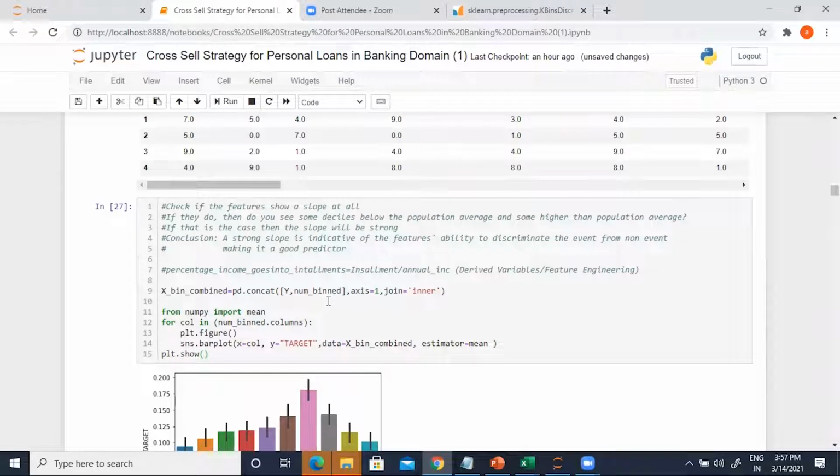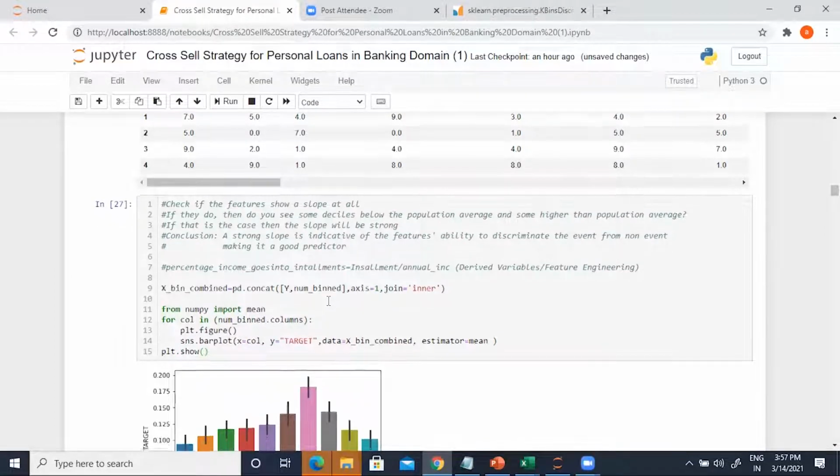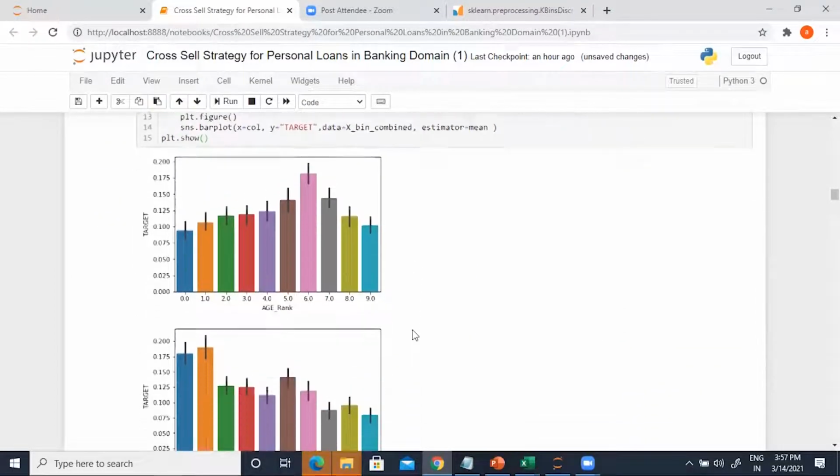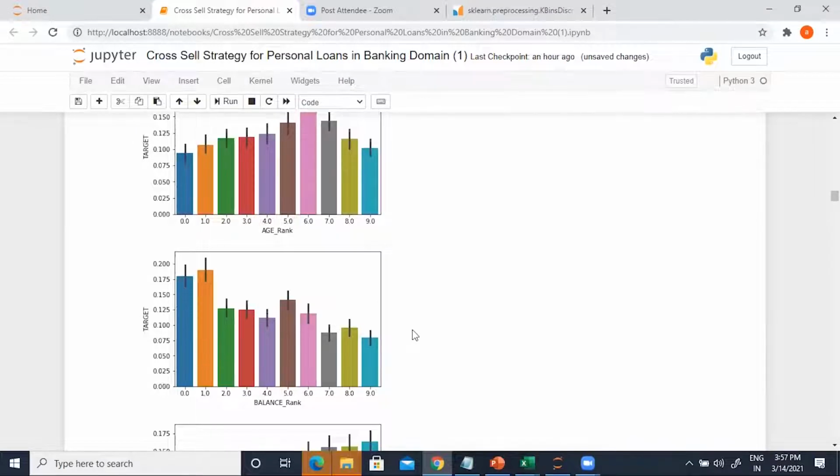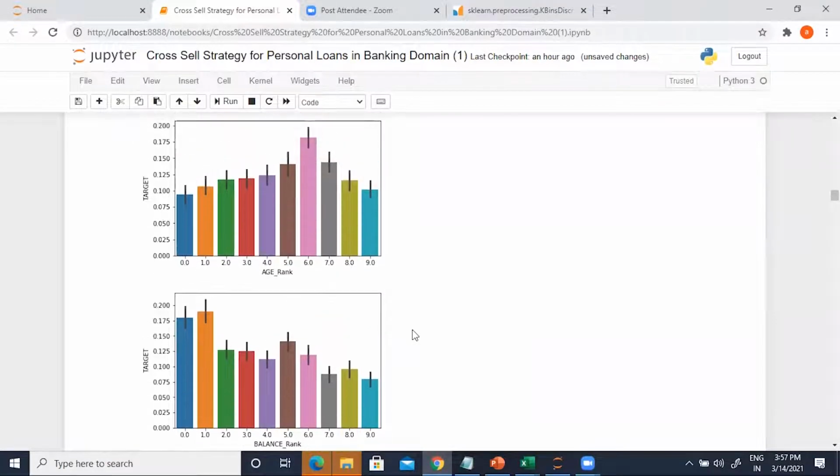Sure. Okay, wonderful. We have the charts. Did all of you get the charts? Yes. Awesome. So just try to see which variables do not show any slope. You can see this one, age. What is the average event rate? 12.5%. Can you see this 12.5% mark?